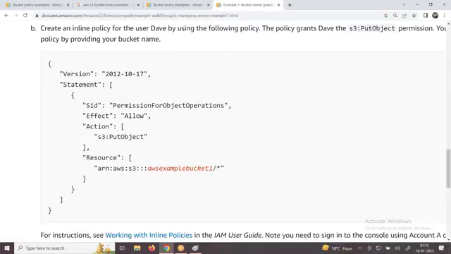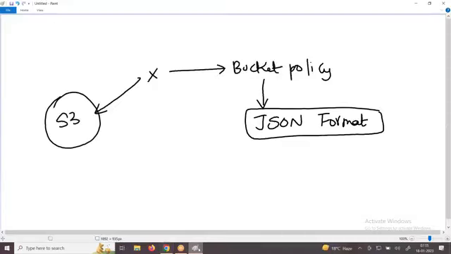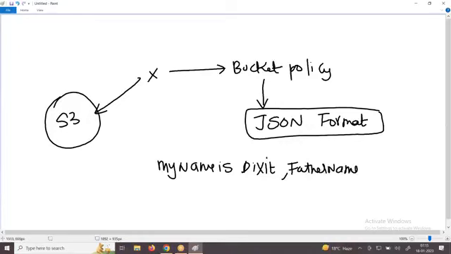A general format. 1 lakh people write an exam, and 1 lakh people come with the same format. In the same way, if I ask you to write information about your father, what is your name, what is your father's name, you might write, let's take an example, my name is Dikshit, father name is Senior Dikshit.